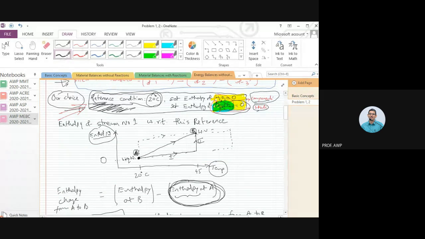So for example, instead of going from liquid water to water vapor in this manner, you might want to go to some intermediate temperature and vaporize and heat. Enthalpy is a state function. Whether I take this black path, the dotted line, the red path, or the blue path,